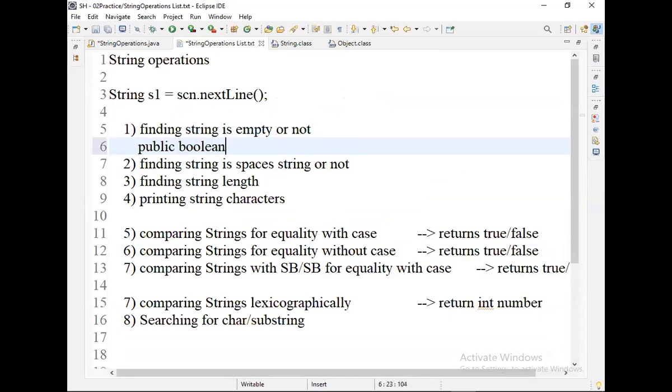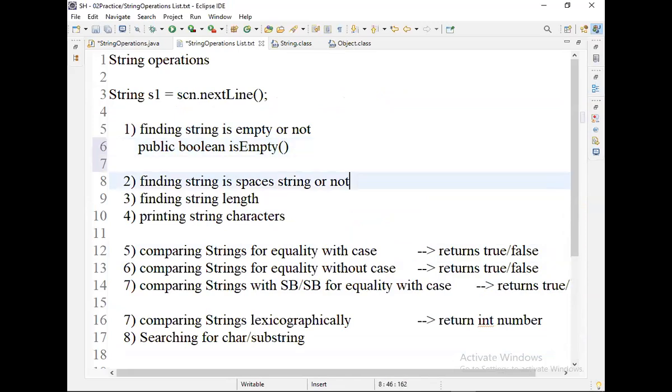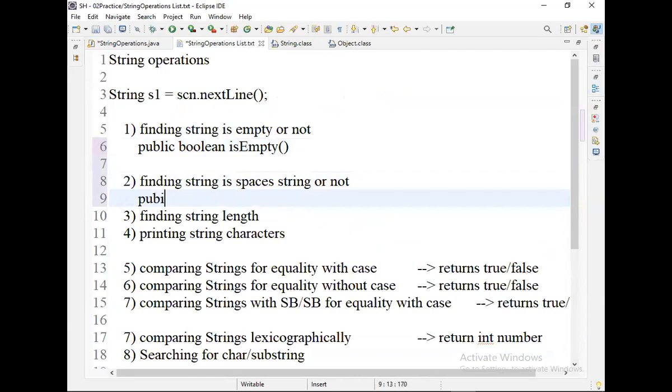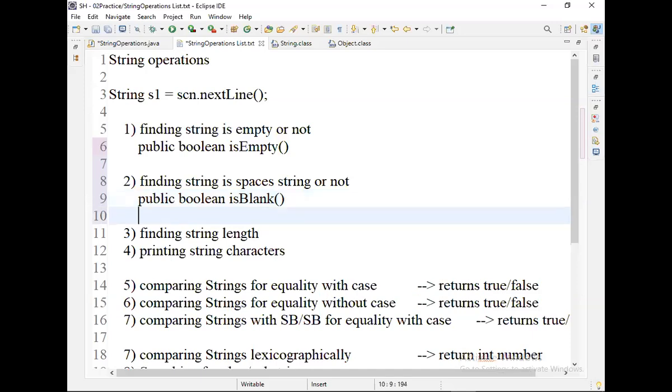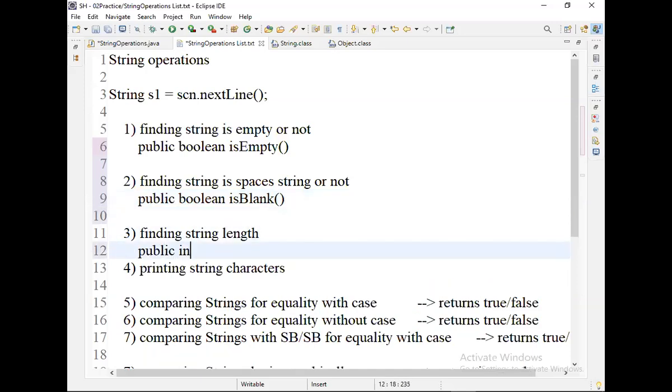Public boolean isEmpty. Okay, next, public boolean isBlank. Next, public int length.